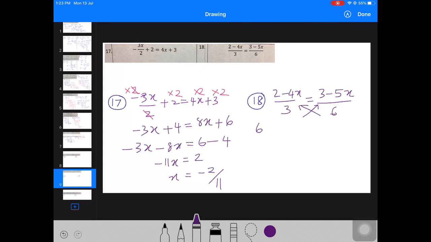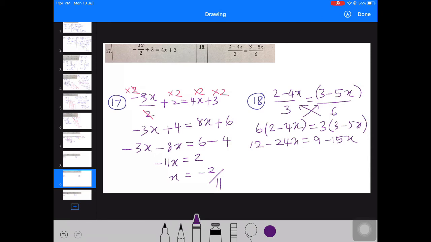So 6 multiply, remember to put the bracket on the 2 minus 4x equals to 3 multiply everything here. So 3 minus 5x, and then open the bracket, expand them, so 12 minus 24x equals to 9 minus 15x, and then we group the like terms,